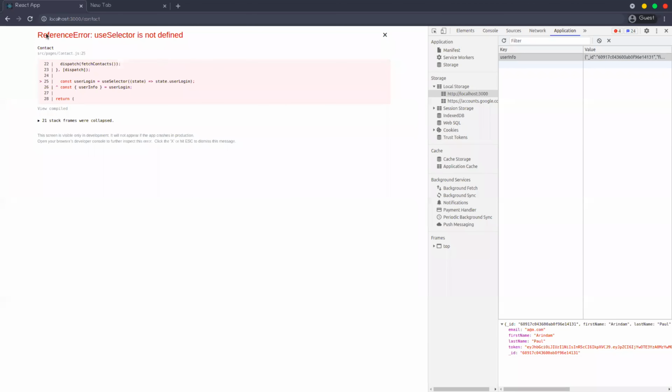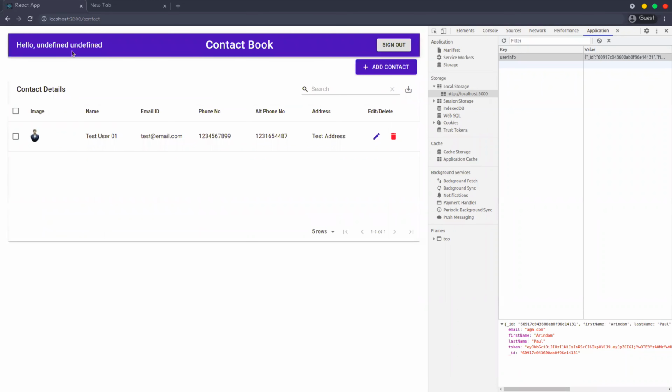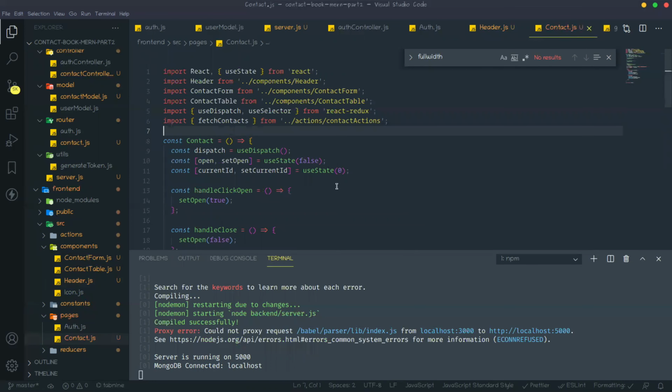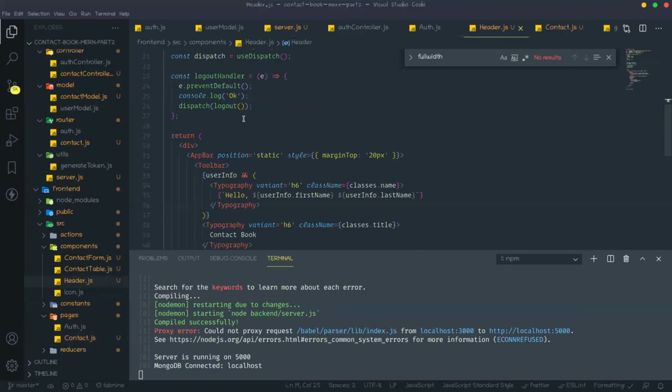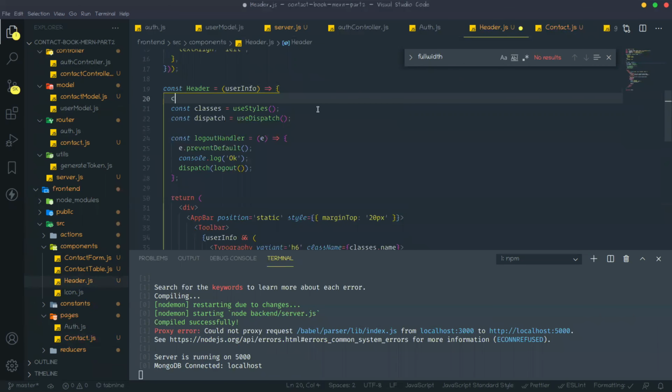Okay, so now see, this is undefined and undefined. In the header, check the console log of user info.